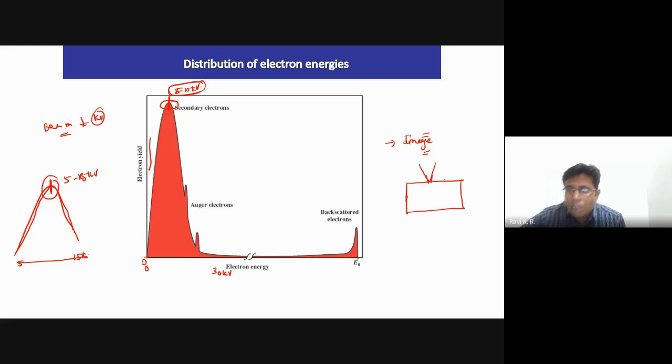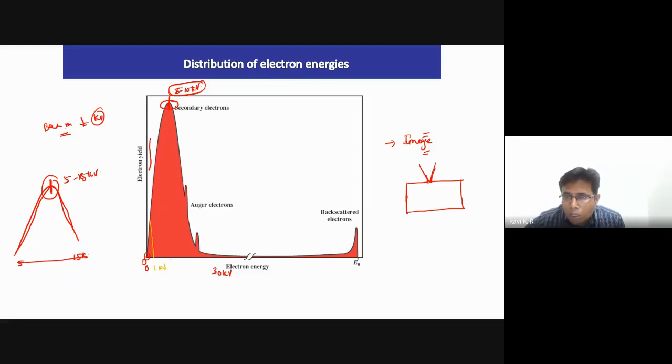At 0 kV you don't get anything, because there is no acceleration voltage, so you don't see any electron coming out. Now the moment you increase the voltage, let's say around 1 kV,